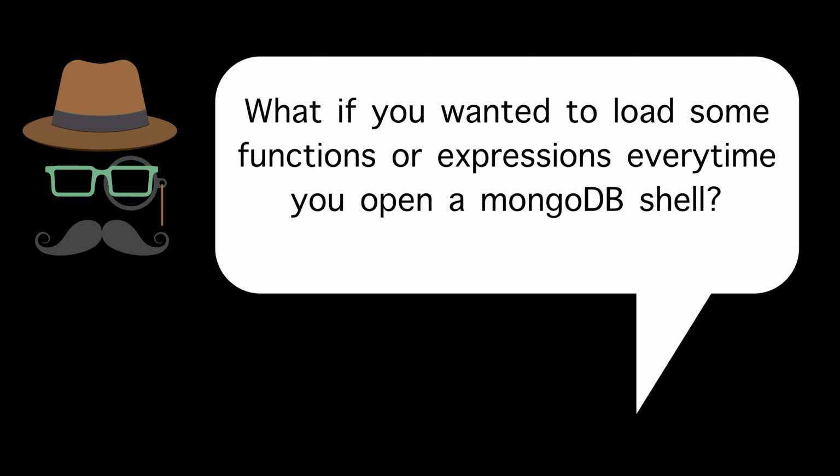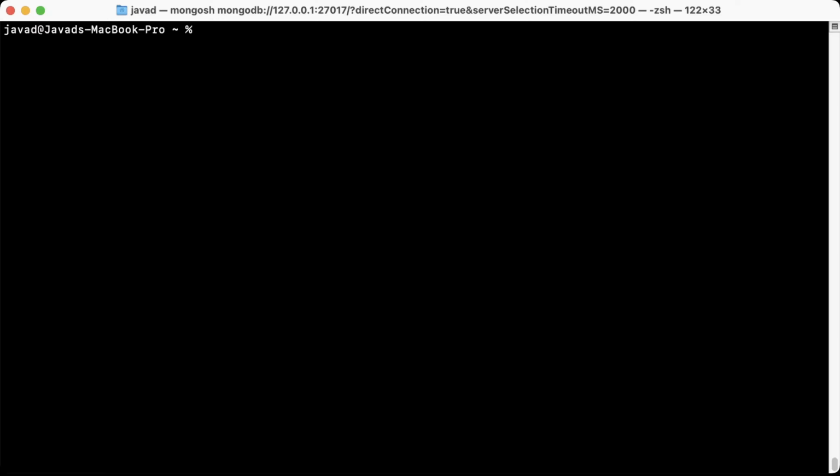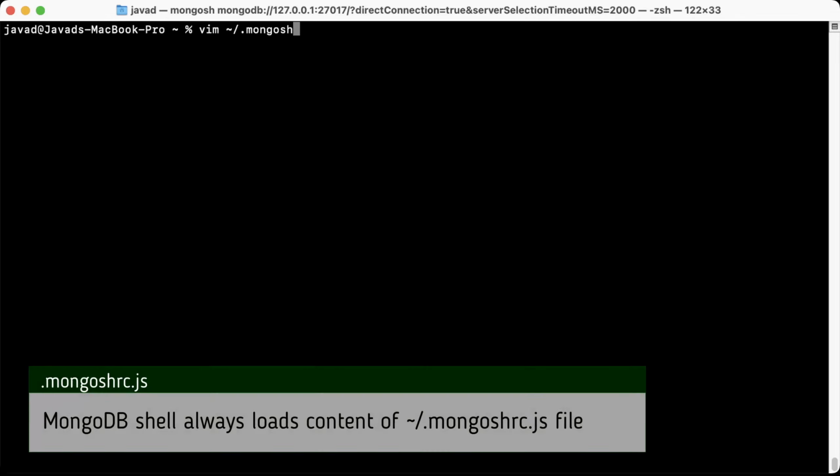Okay, what if you wanted to load some functions or tools that you have used a lot in your MongoDB Shell operations and you want to save them somewhere, and every time you open a MongoDB Shell you want to have access to those functions and utilities that you have developed for yourself, or some settings that you want to apply every time you open the MongoDB Shell. MongoDB has a solution for that. There is a specific file that you can create, and MongoDB Shell will load that file automatically every time. The name of the file is